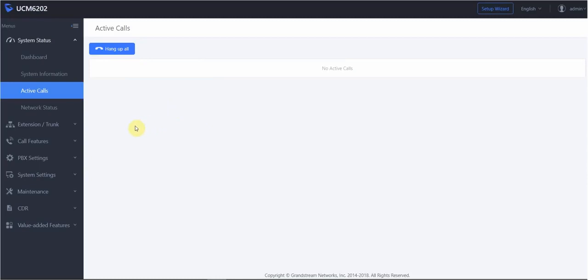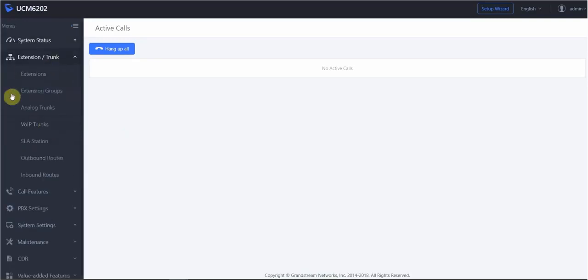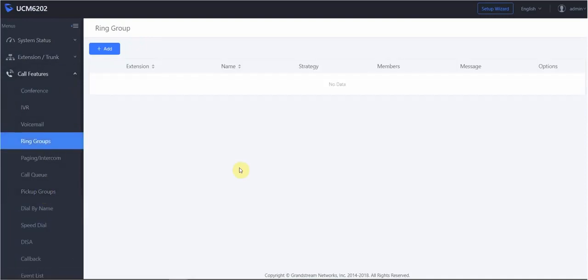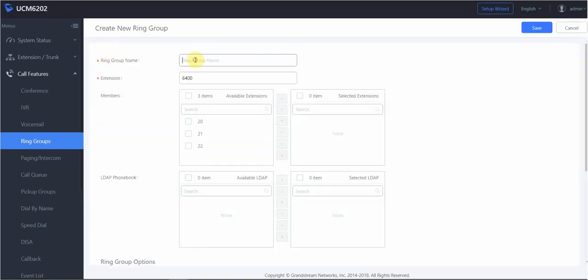I'm going to create two things. I'm going to create a ring group, and also I'm going to create an IVR. So basically, under call features, I'm going to create a ring group. A ring group is basically having two or more phones ringing together or one after another for a call. I'll explain more. So if I add a new ring group and I'm going to call it